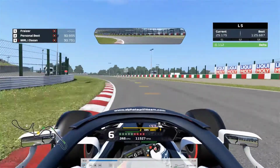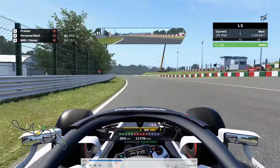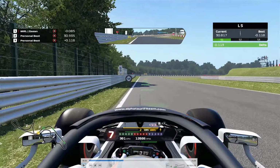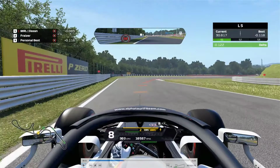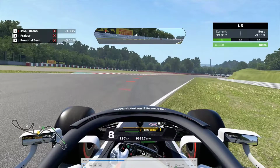Then Dunlop getting that flat, then coming down to Degner 1. For Degner 1, you want to just turn in after the 50 meter board. You want to upshift a bit earlier than I did. Again, just like Dunlop, you want to get the most amount of steering before the actual corner. Cut as much curb as possible on here. Again, you can see ease off a tiny bit from the steering, just to make sure the car actually doesn't step out with a tiny lift,